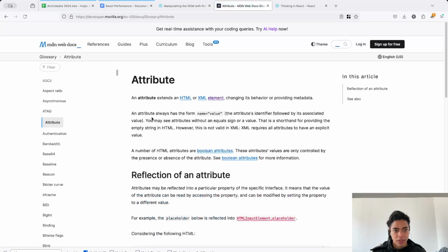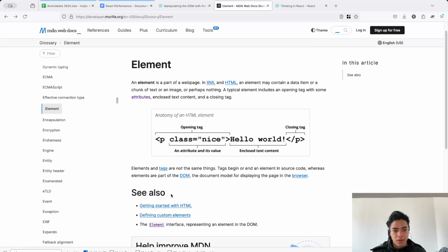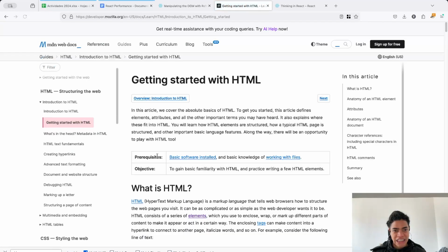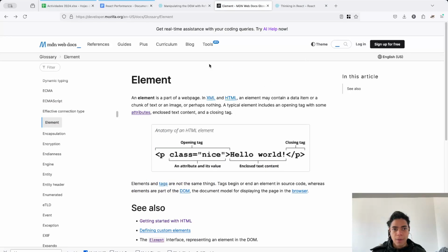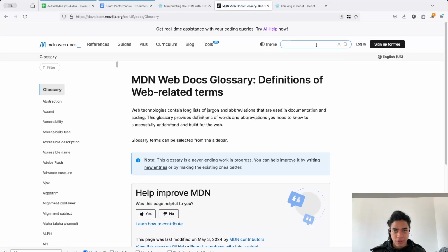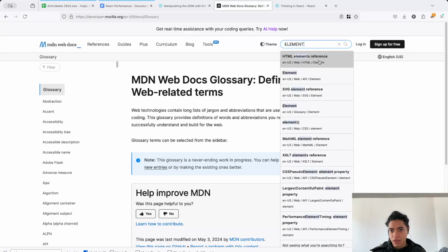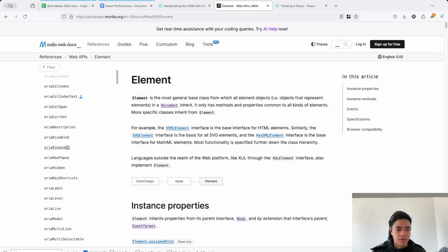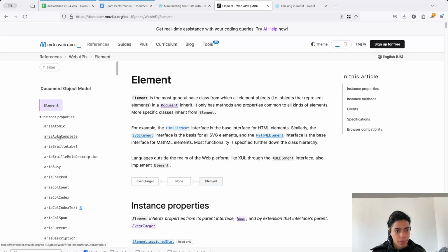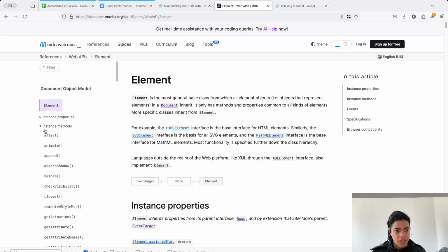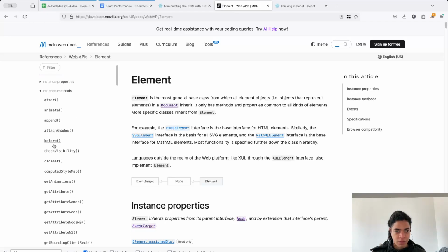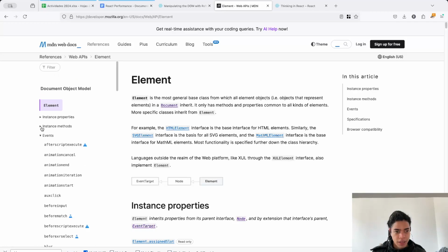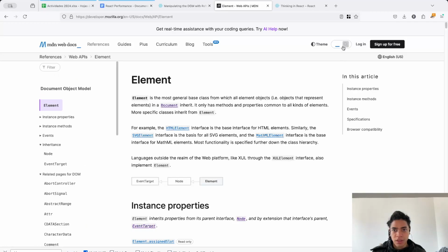I want to take a look at the attribute, no. I want to take a look at defining custom elements, getting started with HTML. Glossary, but this is a glossary. Element. Here, from the web API, from the DOM, is this. So now this represents all of these attributes. It's actually interesting. It represents all of these attributes. Instance, after, before, but for our case, since we want this to work with the